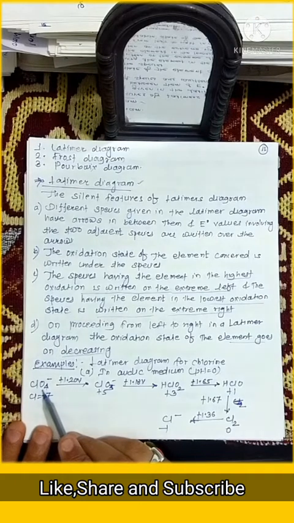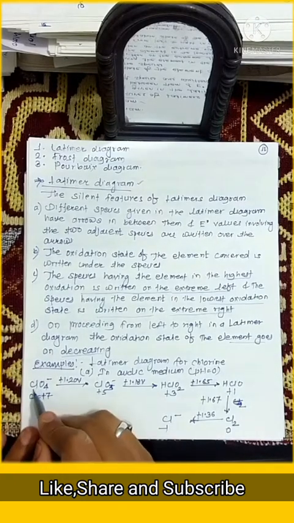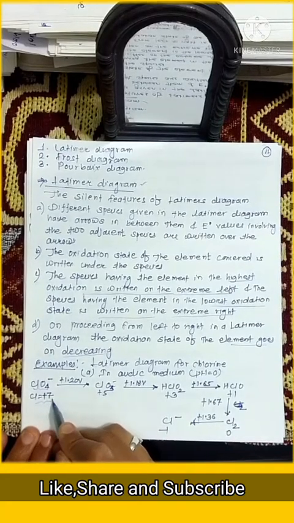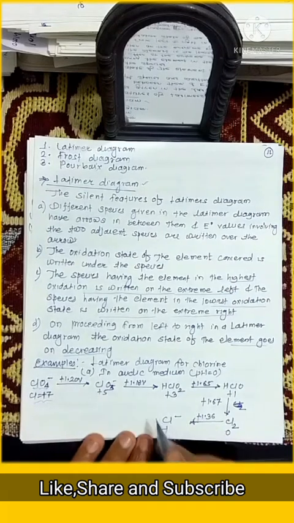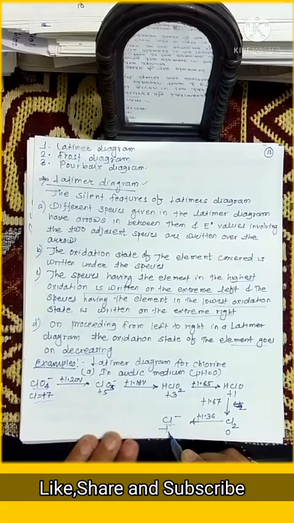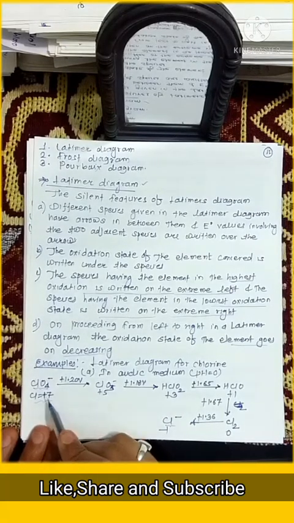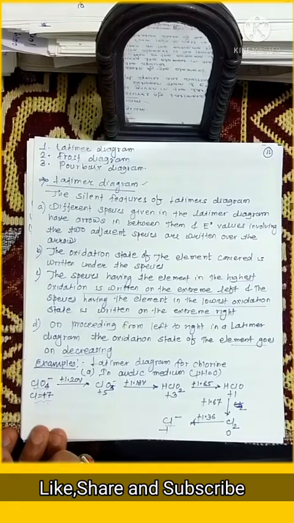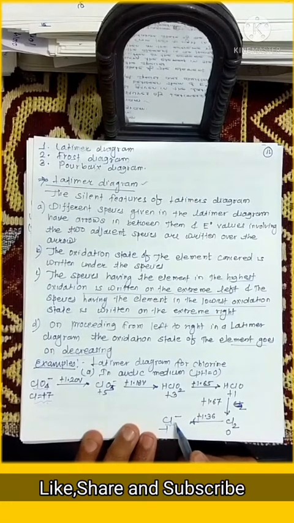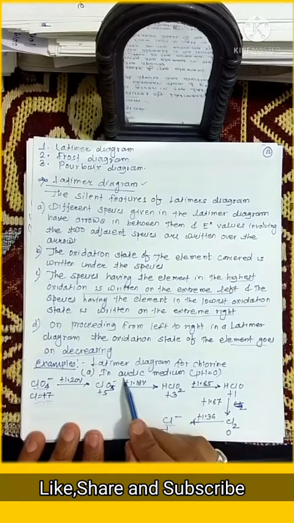So just see in this diagram, in this species ClO4 minus, chlorine exhibits +7 oxidation state, while at the extreme right Cl minus is written, and in Cl minus chlorine exhibits the lowest oxidation state, that is -1. So it is the highest oxidation state which is written on extreme left, and the lowest oxidation state of your species is written on extreme right. Now just see in acidic medium